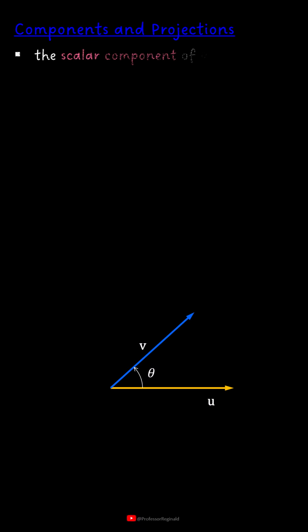Components and projections. Consider two vectors u and v, and theta is the angle between the two vectors. The scalar component of v onto u is